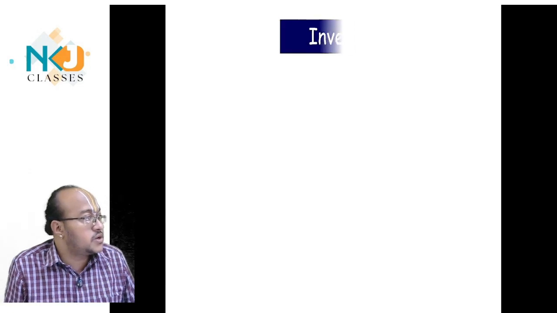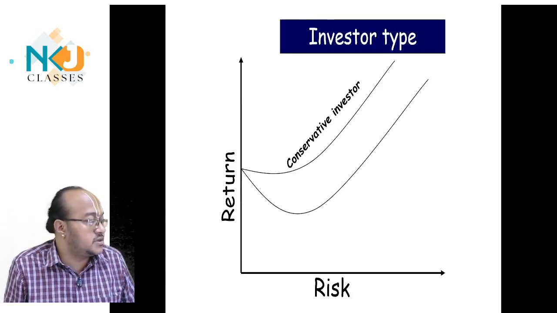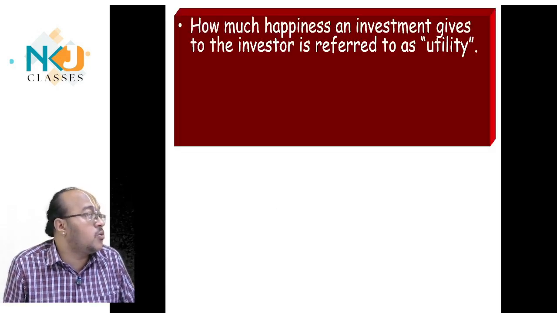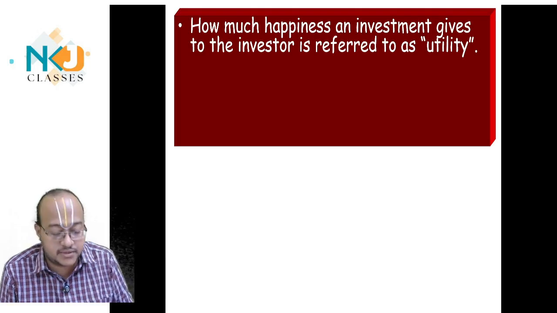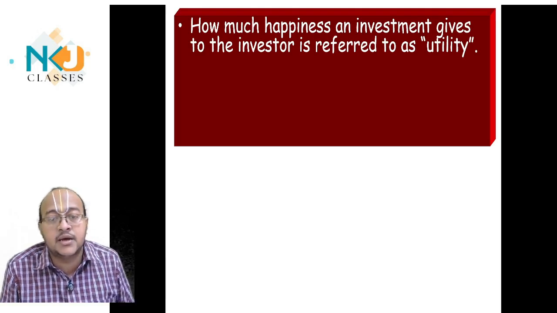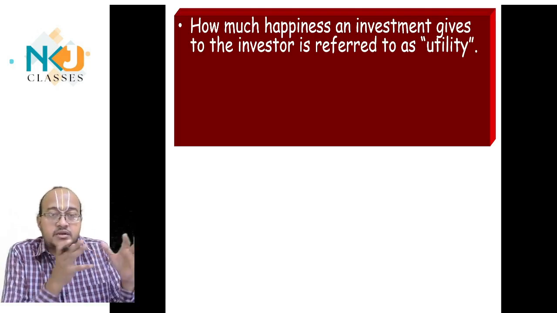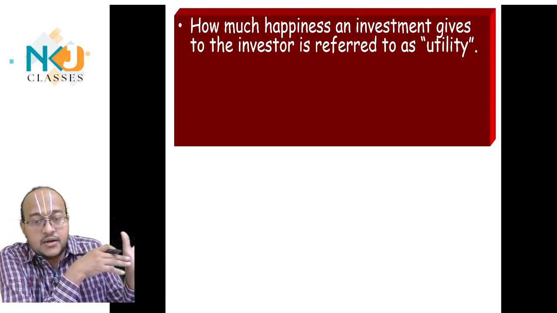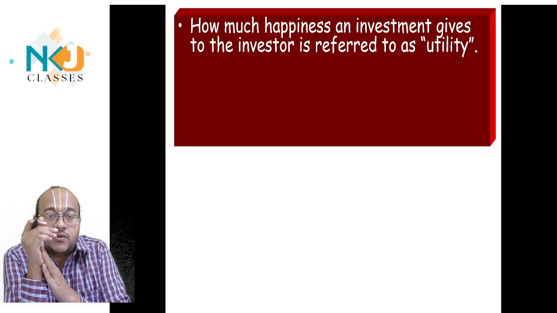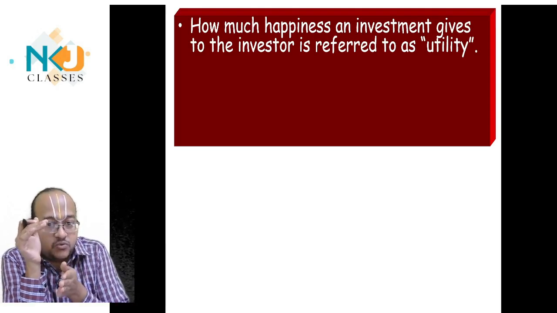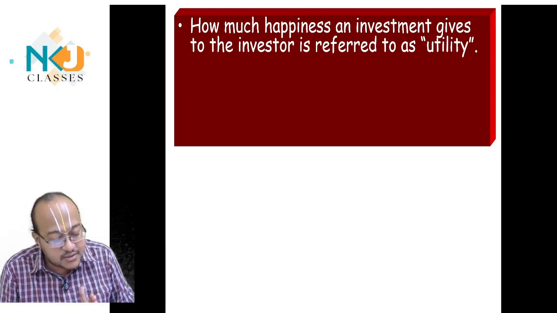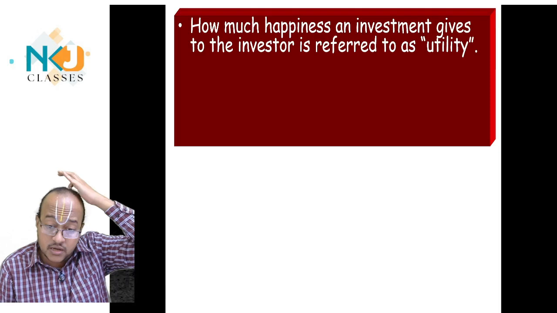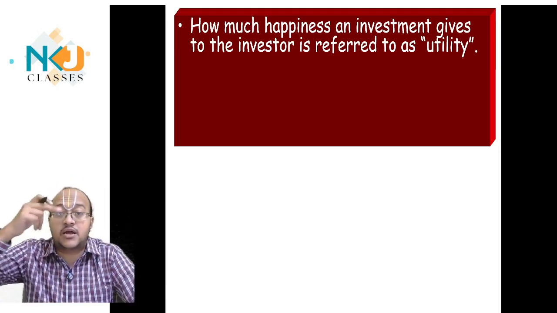Okay. So investors are either conservative or aggressive. How much happiness an investment gives to the investor is referred to as utility. First we discussed the efficient frontier. Now we are discussing the utility curve. This is from the investor's perspective. What is this utility curve? It is nothing but a satisfaction curve. These two lines we saw,